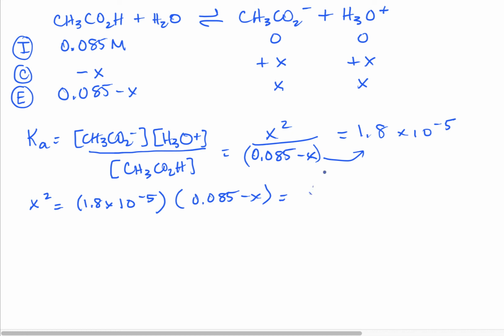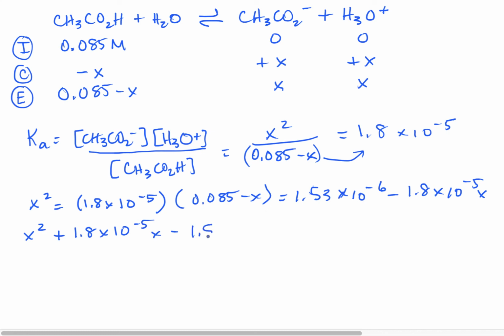So we will get 1.53 times 10 to the minus 6 minus 1.8 times 10 to the minus 5x. And I'm going to rearrange this. x squared plus 1.8 times 10 to the minus 5x minus 1.53 times 10 to the minus 6 is equal